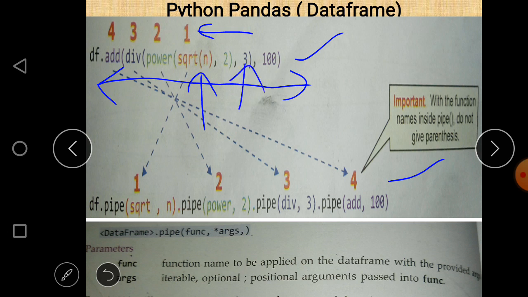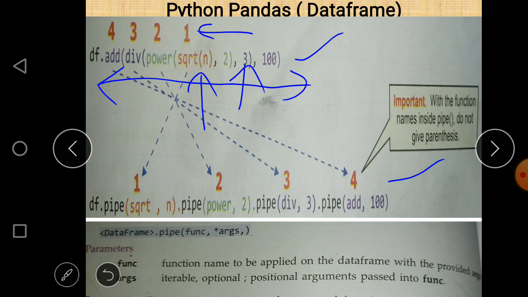So after the execution of sqrt, whatever output we get, there is a power of 2, and after that we get an output, and that output becomes the input of div.